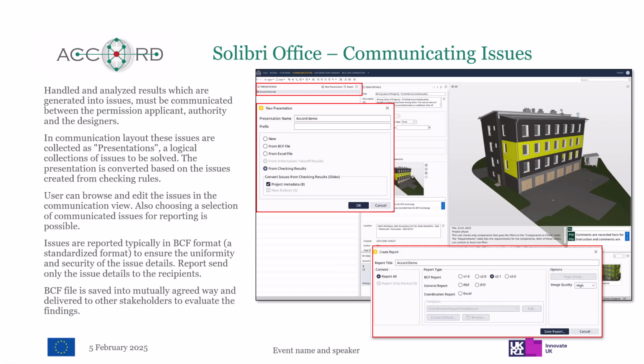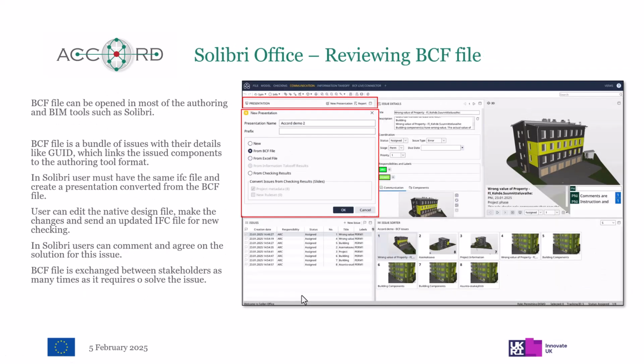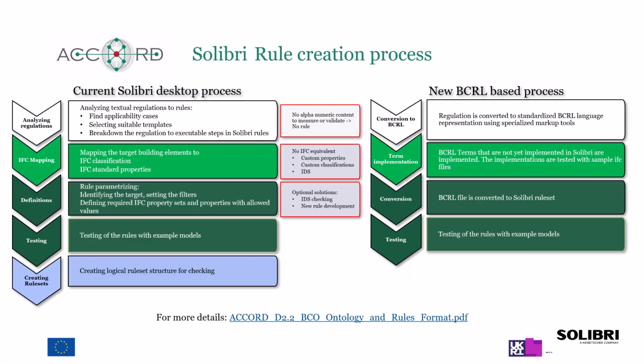When we compare this to checking as a service, the user cannot create the issues and has no power over that. Every issue is returned after the checking. The user has to analyze the issues and can decide whether or not to communicate them forward. Details cannot be changed there. In the Solibri environment and most of the authoring tools, users can review the BCF file content and make the necessary changes. The rule creation process starts with analyzing the rules,